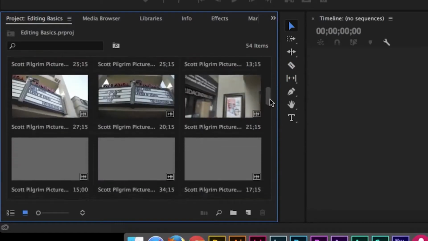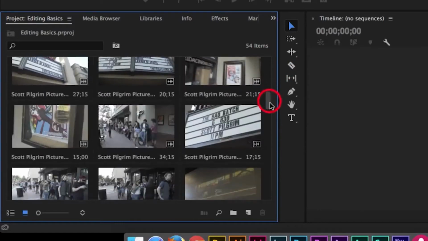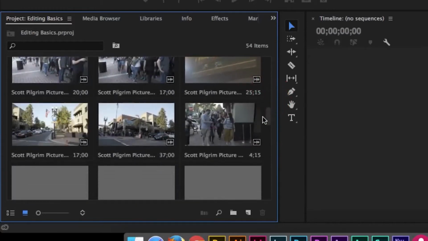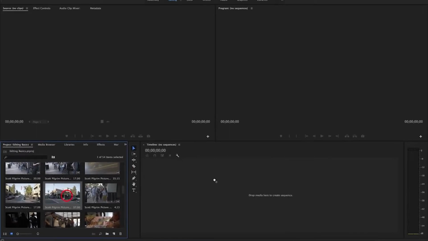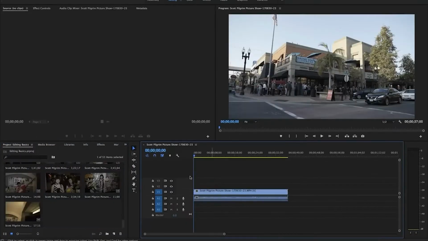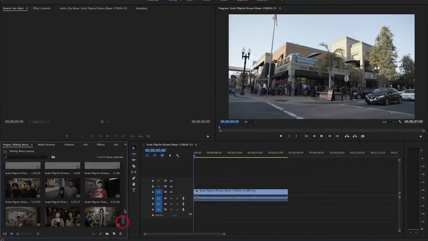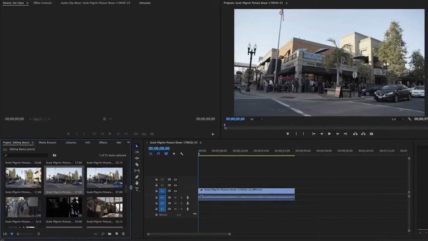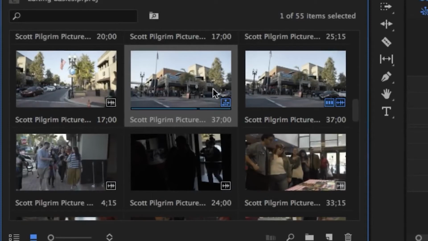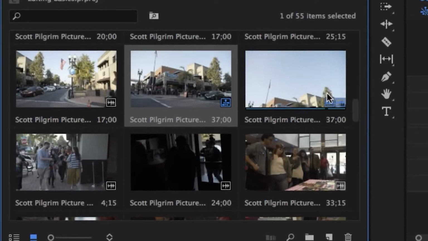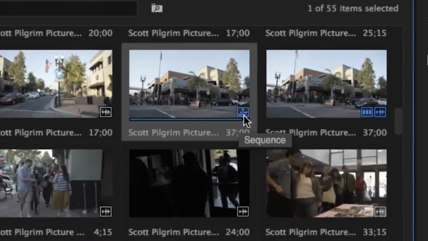So the easiest way to start editing your footage is just by clicking and dragging them over onto the timeline over here. The timeline is where you're going to build your edit, your final video. So what it's actually done behind the scenes is created a new timeline. You'll see what looks like a duplicate of the footage, but it actually has a little sequence